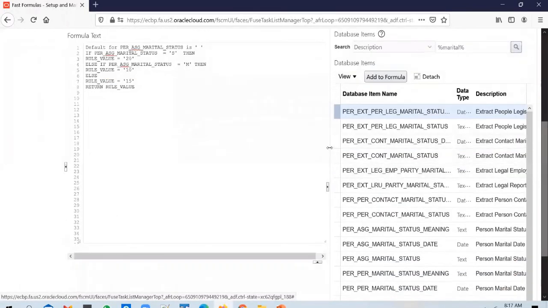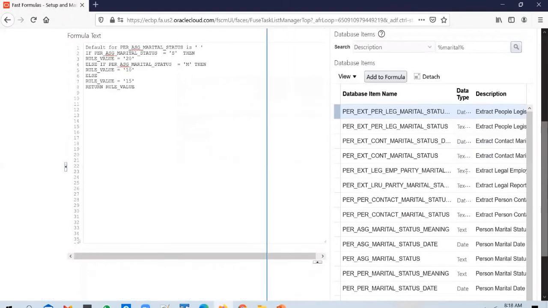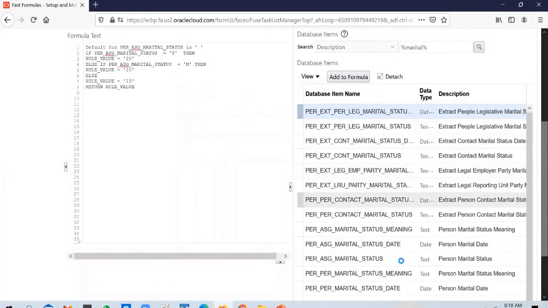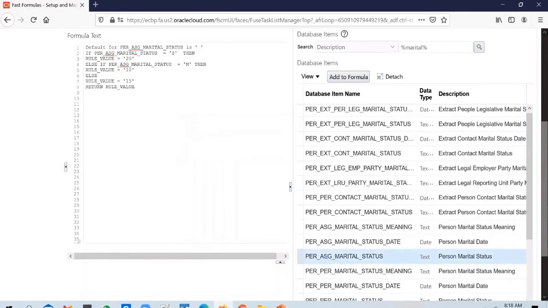You can see the one that relates to assignment marital status. This is the one that is added in the formula.